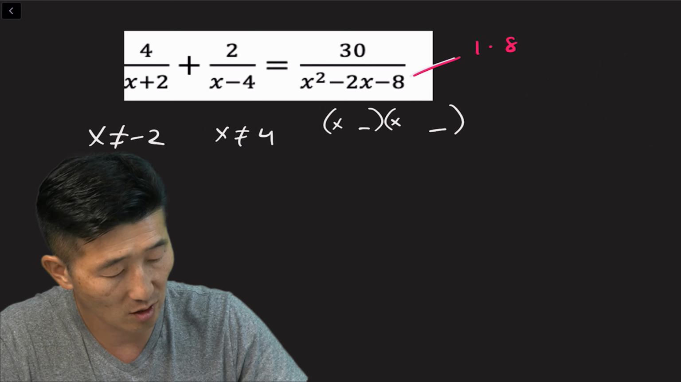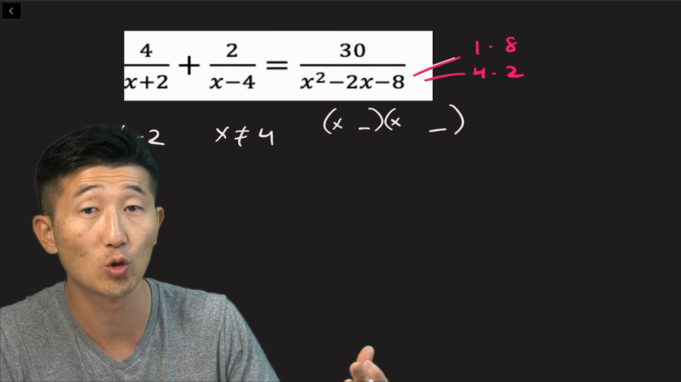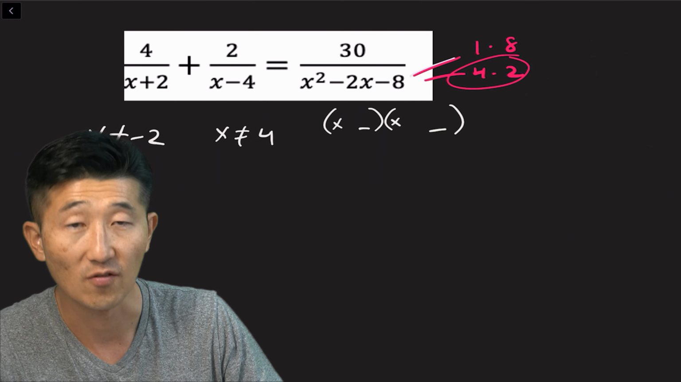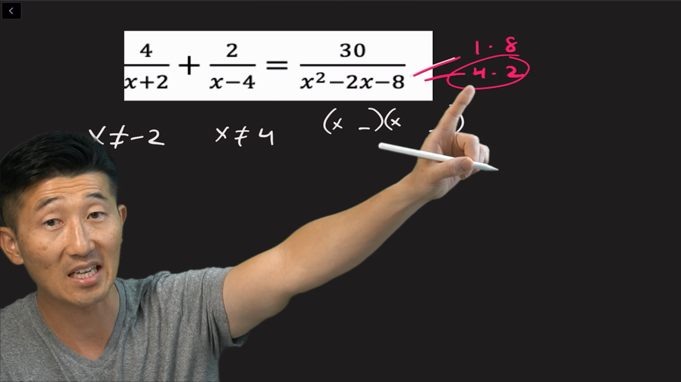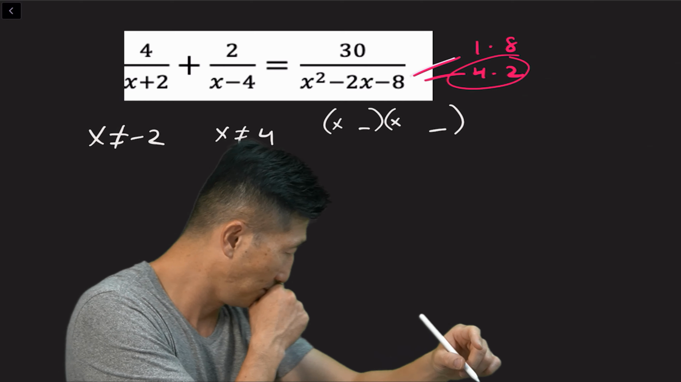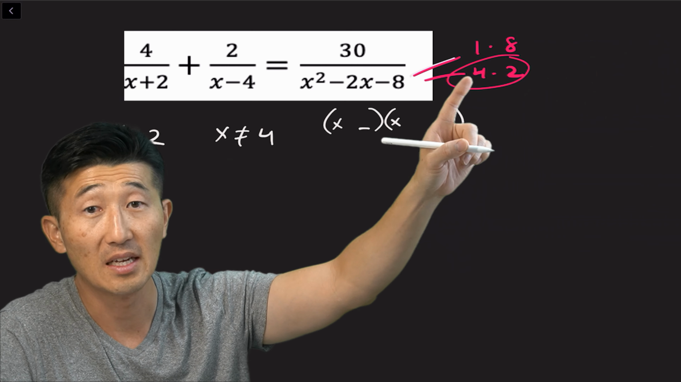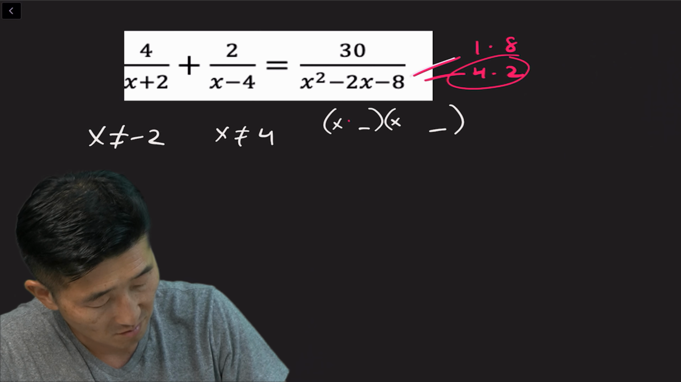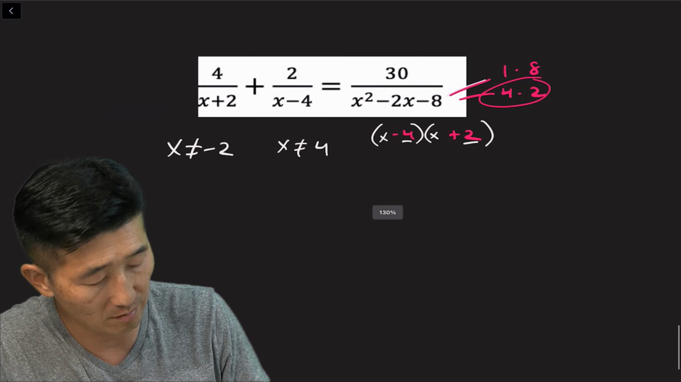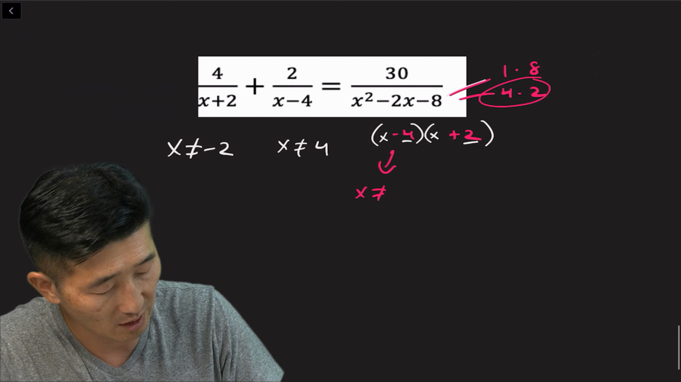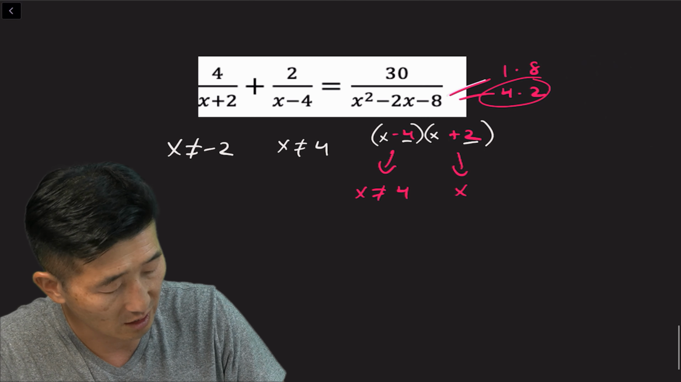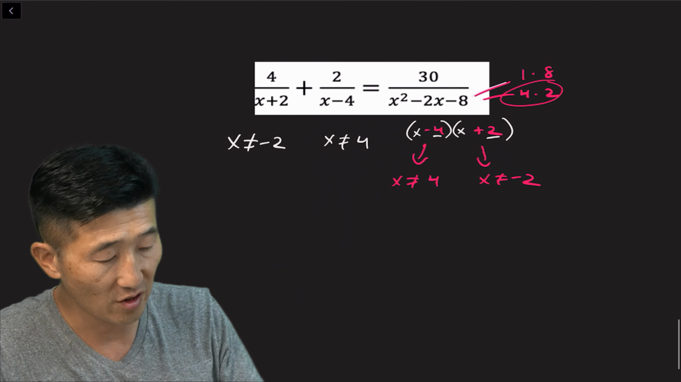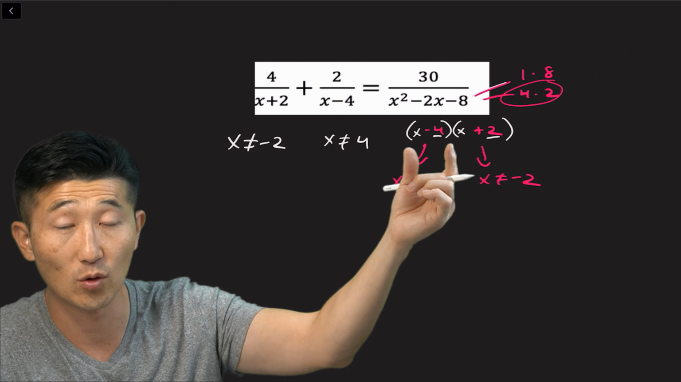What are the factors of 8? We have 1 times 8, or we have 4 times 2. Which one of those pairs can be used to add up to negative 2? Obviously, the 4 and 2. If 4 is a negative and 2 is a positive, excuse me, then negative 4 plus 2 will become negative 2. Negative 4 times 2 will become negative 8. There it is. All right, so here we say, same thing, x cannot equal 4. Here, x cannot equal negative what? Negative 2. So we see that everything is basically factors of x minus 4 and x plus